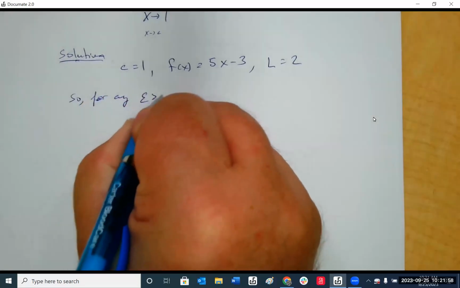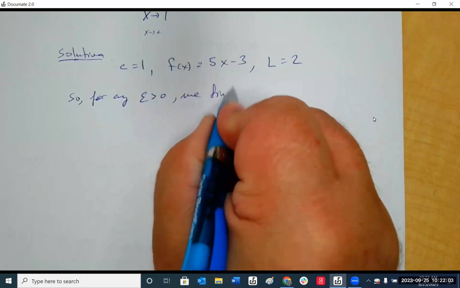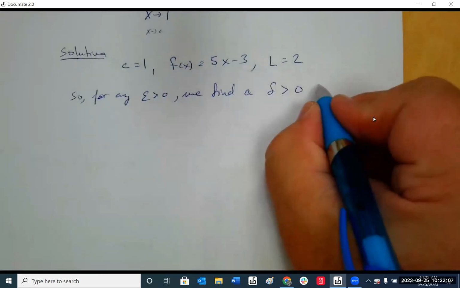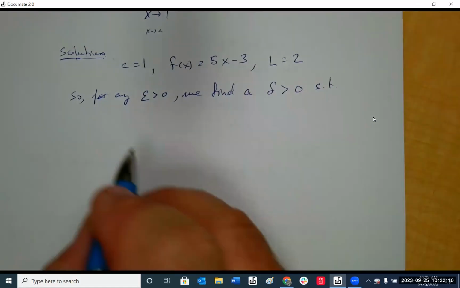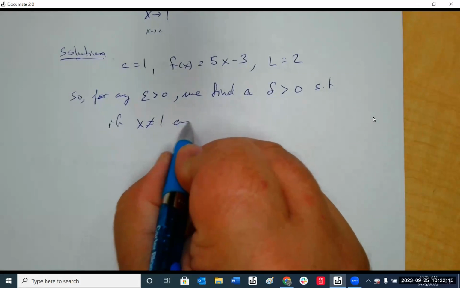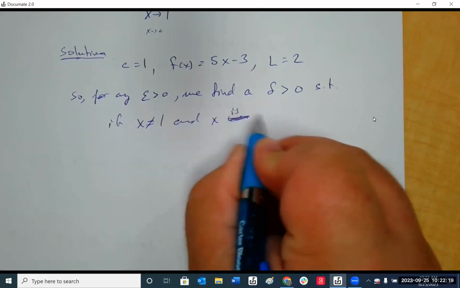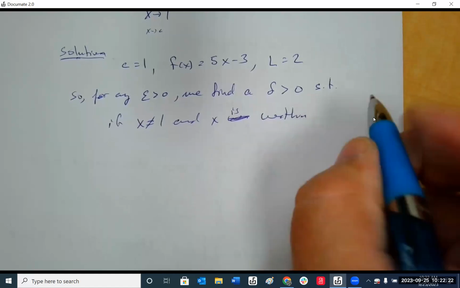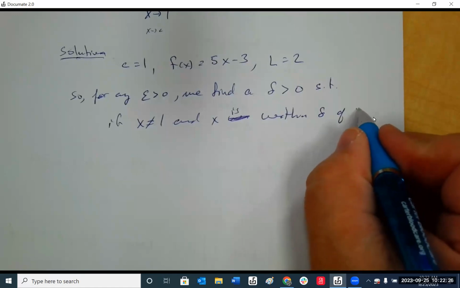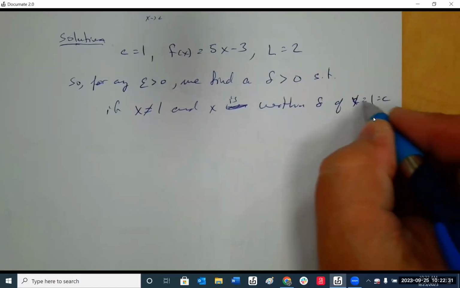So for any epsilon greater than 0, we find a delta greater than 0 such that if x does not equal 1 and x is within delta of c equals 1,